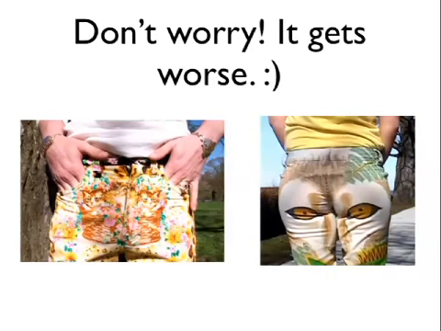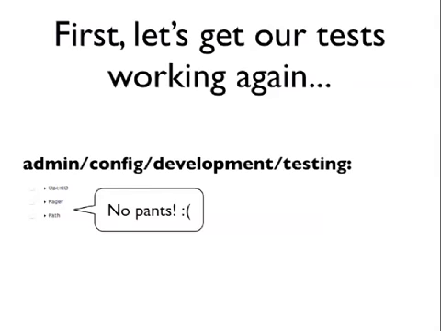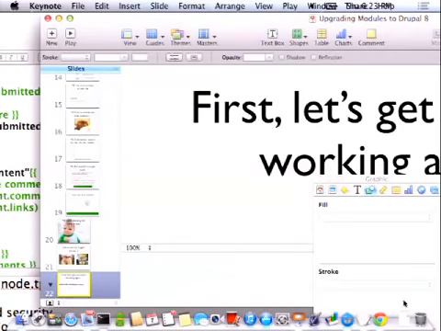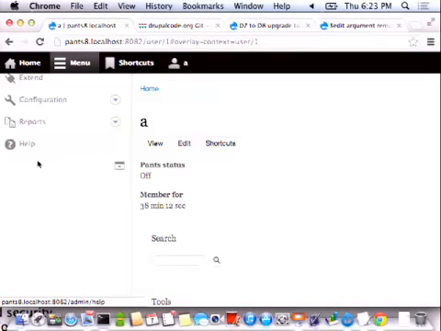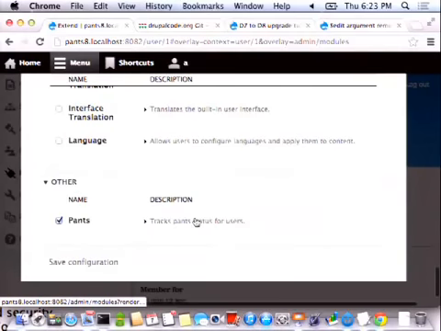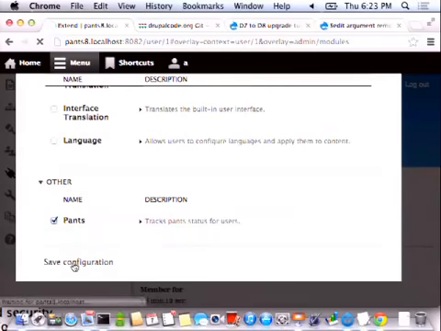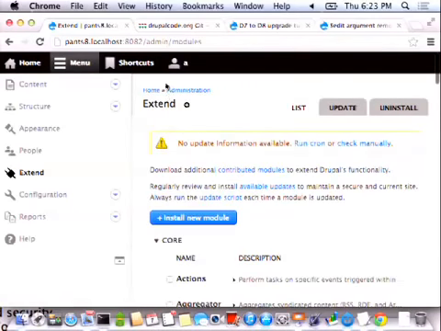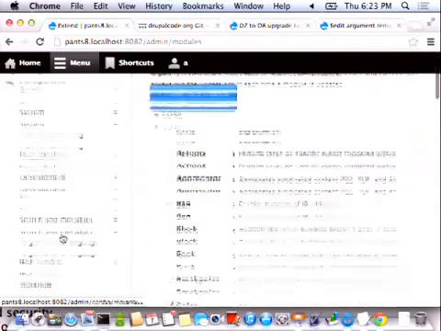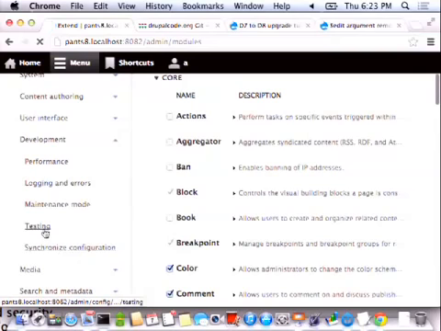All right. Yeah, it's pretty terrible. So one problem that we have is our tests aren't showing up. If I were to turn on the testing module and go to the testing page, I wouldn't actually see pants. Well, I can just do that. I don't have to tell you about it. So if I go here, and I go to extend, and I turn on the testing module, and I save it. There we go. If I go under configuration, development, testing, then what I'm going to find